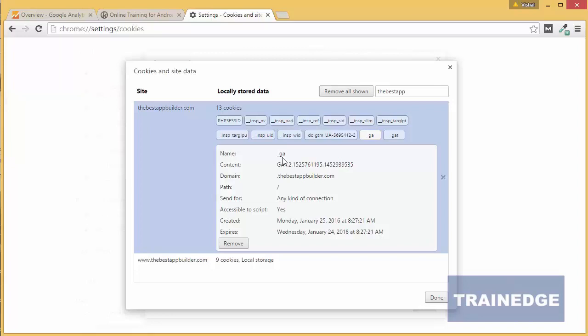You can see the name of the website in the domain field. The long string you see in the content field is the unique user identifier Google Analytics generated for me on this particular website. On my subsequent visits, this ID will be used to identify me as a repeat visitor.